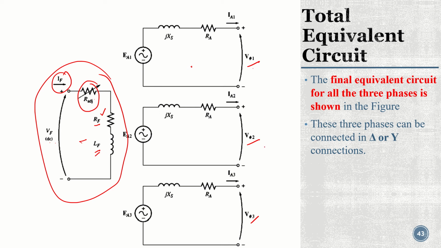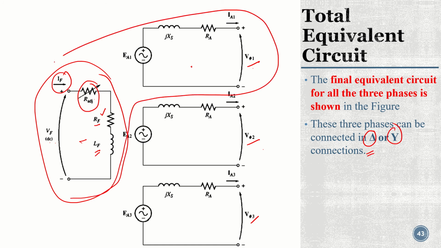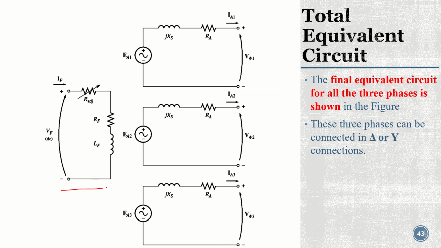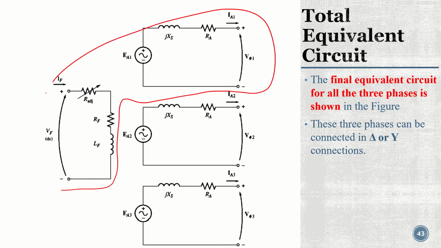And we know that this three phase connection could be in delta or Y configuration. If you just want to analyze a one phase system, we can consider only this circuit, and usually we consider only one phase, because whatever response we are getting from a single phase, the same will be for the other two phases. So instead of analyzing three phases together, we can analyze only a single phase system.